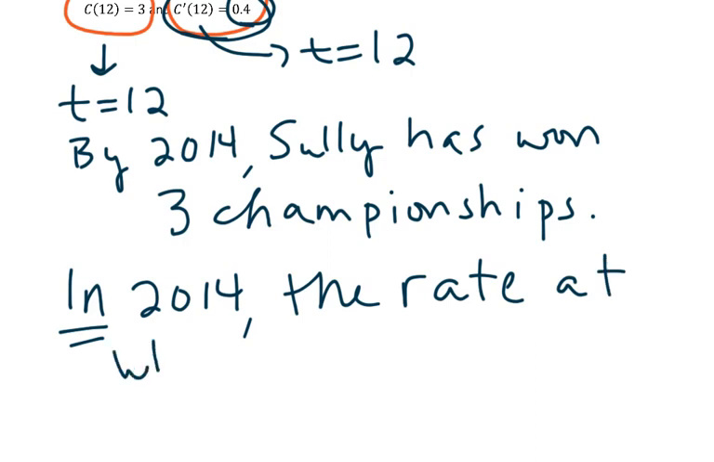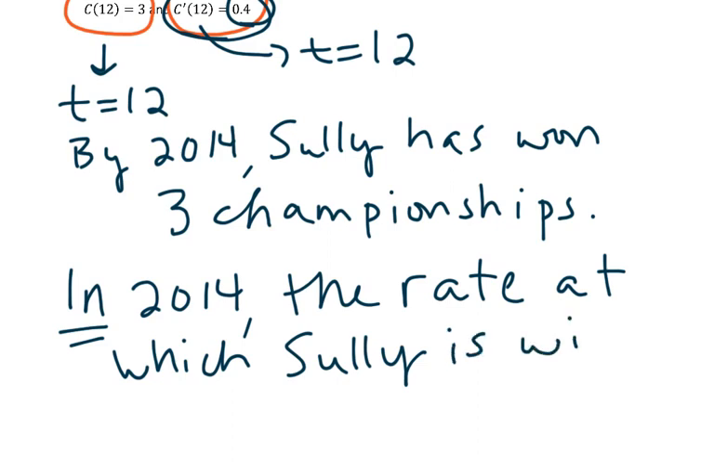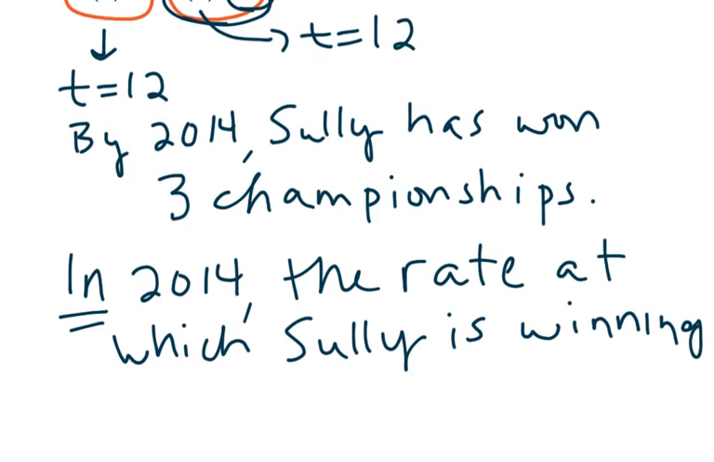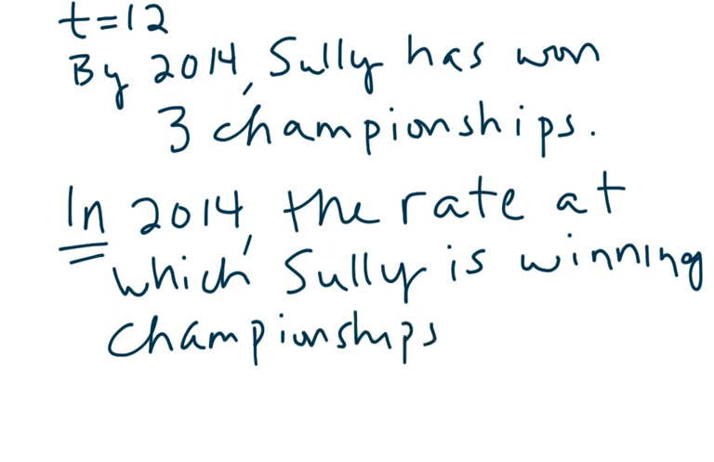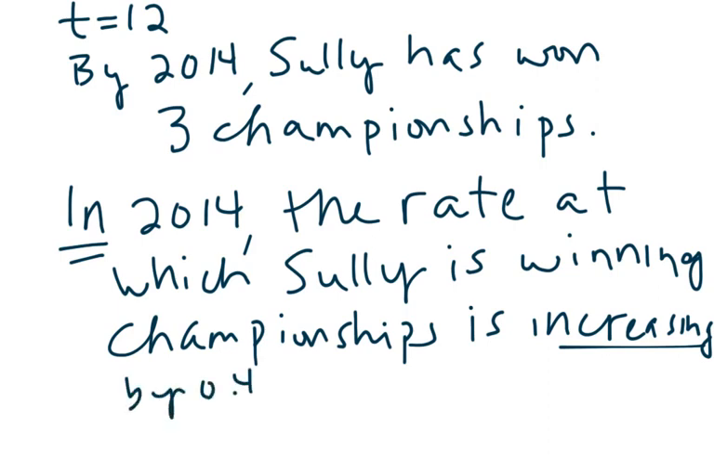at which Sully is winning, because remember that is the slope of the tangent line, so we're looking at the rate at which it's happening. What is he winning? Championships. Is increasing. Now remember, we know it's increasing because it's a positive value, by 0.4